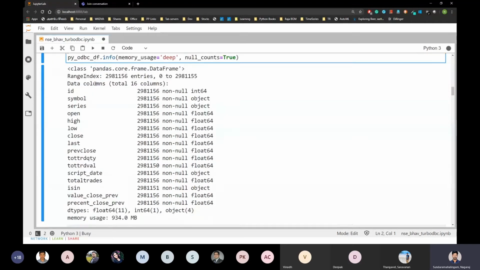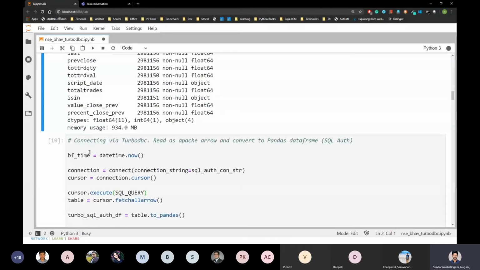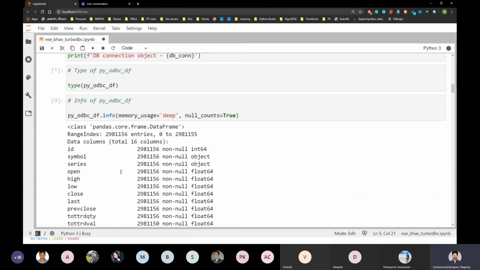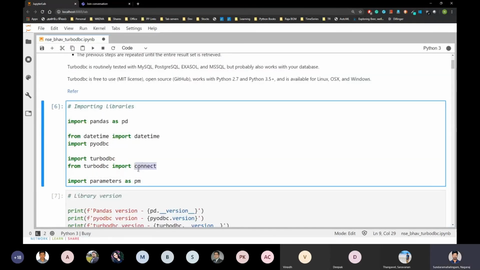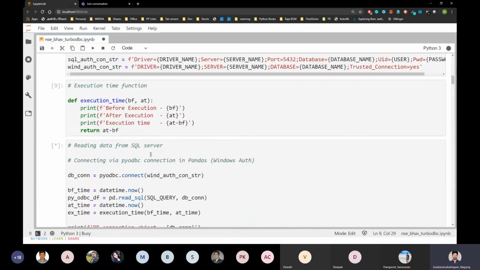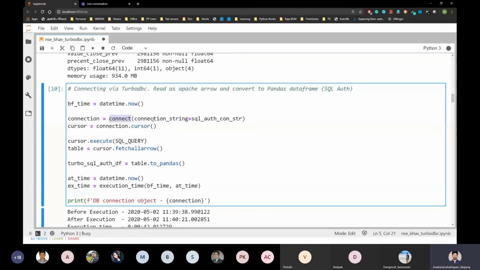It's a Pandas data frame basically. Okay, I'm reading the same SQL query using the Turbodbc method. So this is the before time, and I'm connecting. Here the connect method is the Turbodbc method. From turbodbc I'm importing connect.